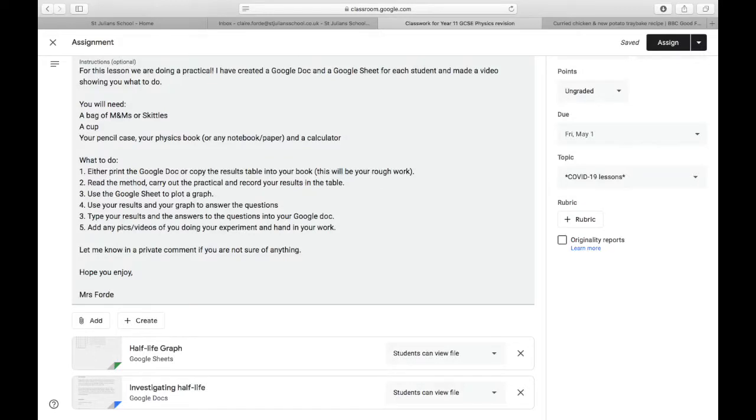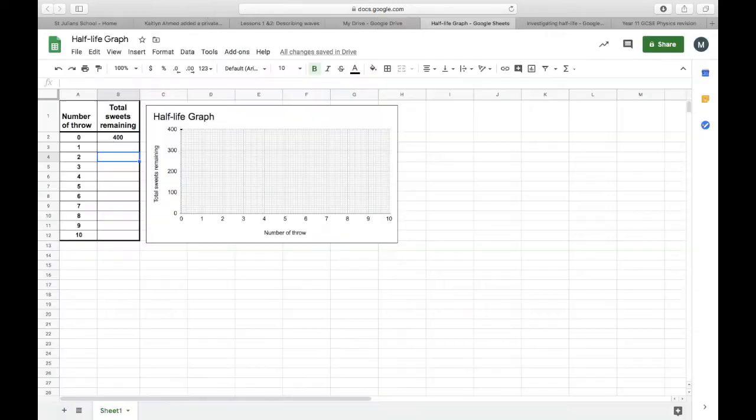So go to the Google Sheets, that's the one with the green tab, and you'll see there's a table where you type in your results. And as you type them in, the graph just does it for you. So once your graph is complete, you need to use the graph to work out the half-life and to answer